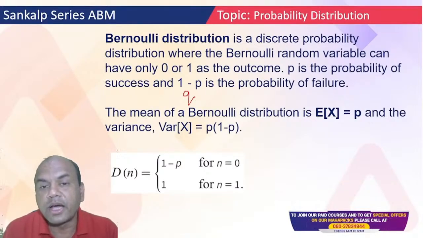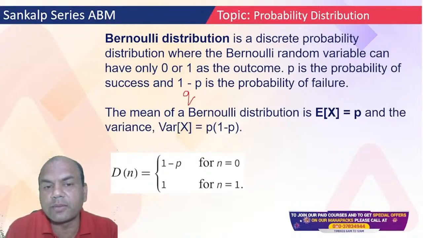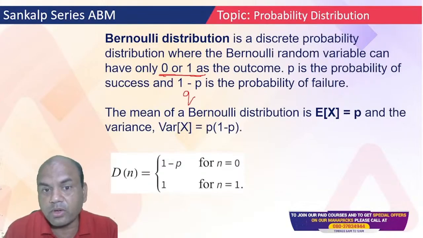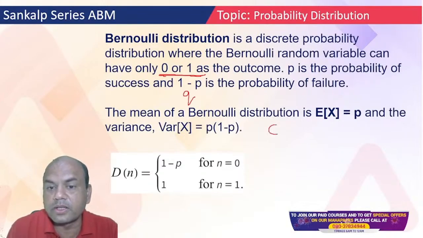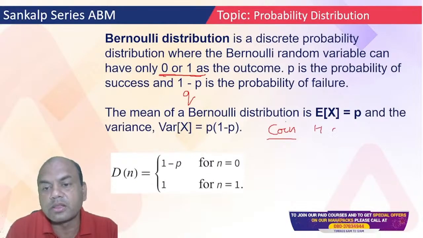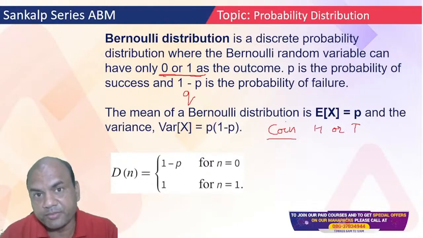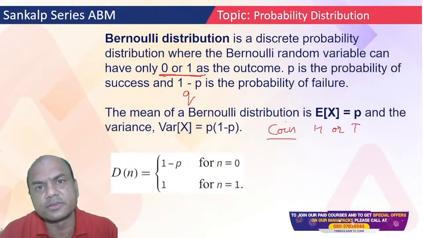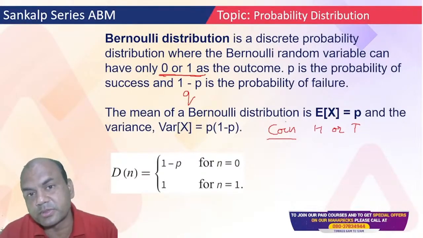So now either of two answers should be applicable over here, either 0 or 1. Remember, important part: there should be only two answers. For example, a coin. Suppose I toss a coin in the air. What are the possibilities? Only two answers, either head or tail. Will you clear your CAIIB? Only two answers. Either you'll clear it or you won't. It's that simple. So only two answers should be possible.